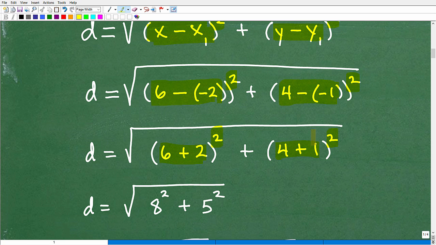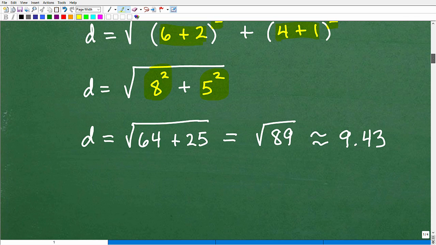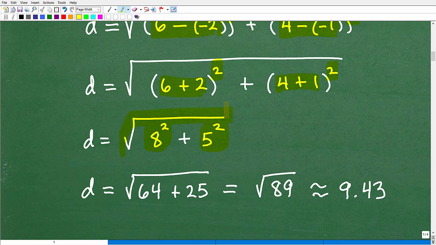So 6 plus 2 is going to, of course, be 8, and then we're going to square that, okay? And then 4 plus 1 is 5, and we're going to square that. And then once we do all this and simplify this down to one value, we'll end up taking the entire square root, okay? All right, so 8 squared is 64, plus 5 squared is 25, and we're going to take the square root of the sum of those two numbers. 64 plus 25 is 89, and then we'll take the square root of 89, and we're going to get approximately